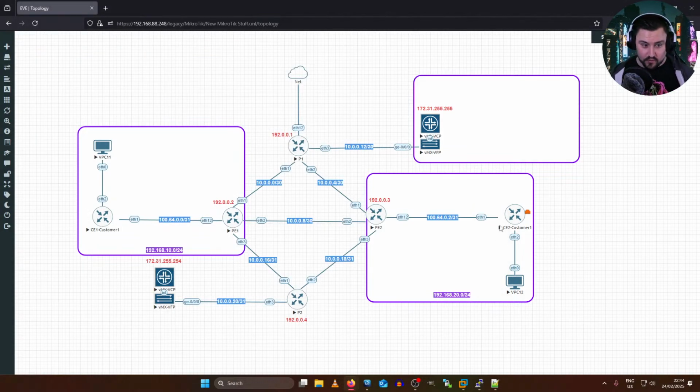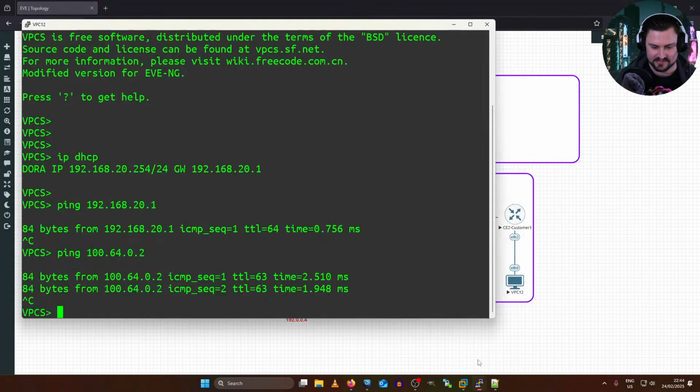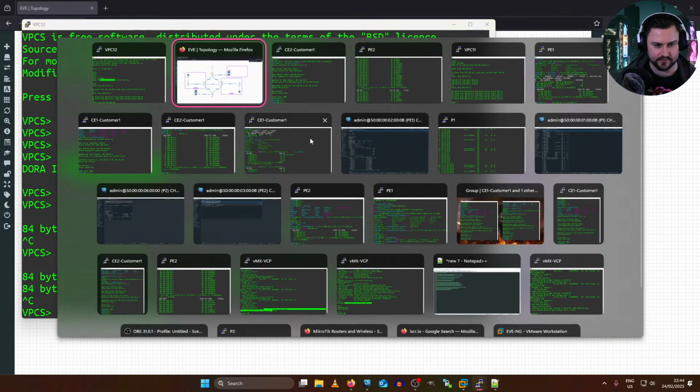So from a WAN perspective, both of the customer networks can now get to their respective provider edges. So the WAN connectivity is kind of there, but the question is, can these two sites actually get to each other? Now, I already know they can't, and I'll explain why in a second, but let's just test that out in real time. Let me go to my VPC, the 20 device. Can I ping 10.254? Because I'm pretty sure 10.254 is the other VPC.